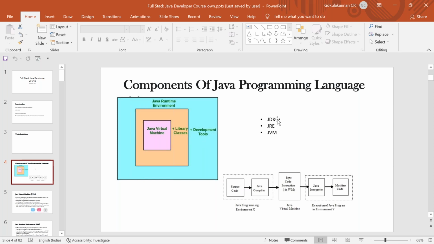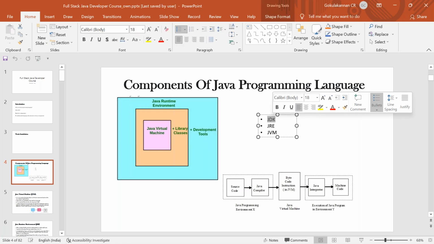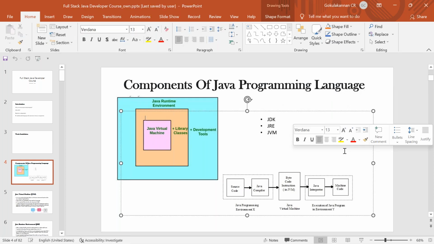So this is called the JDK, and this is how the hierarchy comes in. The JDK is a complete package, so it has everything. What does it have? It has the JRE. What does the JRE have? The JRE has the JVM. So this is the hierarchy we follow. But for your code to work, the bare minimum you need is the JVM. The JVM is mandatory, because without the JVM you cannot run your code.